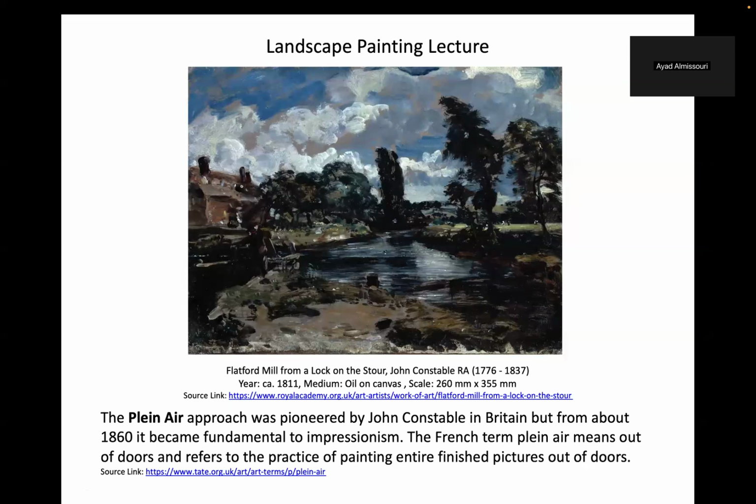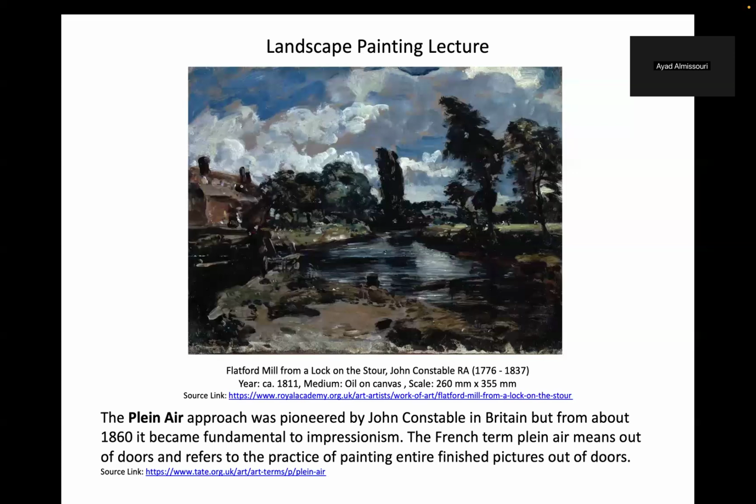Going to be going over landscape painting and talk a little bit about the plein air approach and how that was adopted from the beginning of the 19th century and onwards, but also go over some of the concepts and ideas that students can explore throughout this project. Now, the plein air approach was pioneered by John Constable in Britain, but from about 1860, it became fundamental to